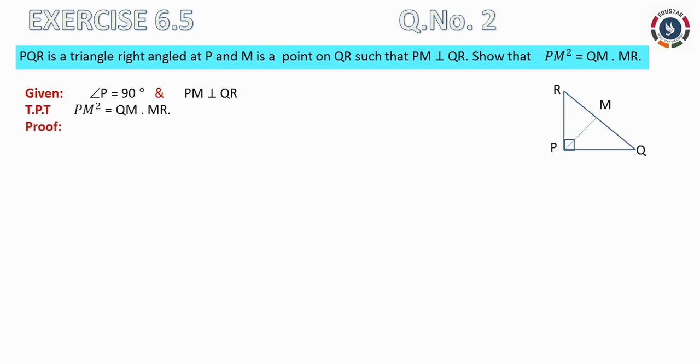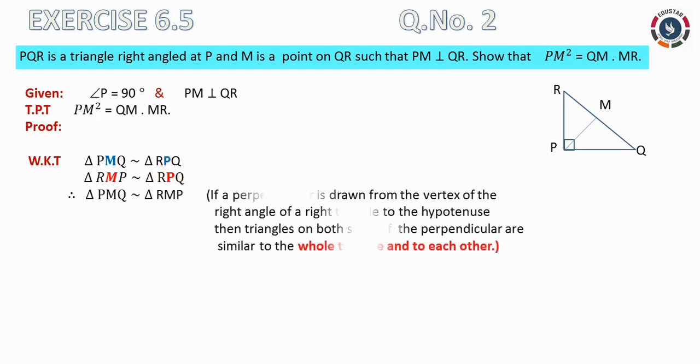Okay. So, what we want to prove, that is given. And proof part, triangle PMQ is similar to triangle RPQ. I did not take it as PQR, I have taken RPQ. Angle P 90 degree, right? That's why. So, angle M compared with angle P, angle Q is the common angle. And second pair, can you say with the RPQ triangle? Try. So, triangle RMP is similar to triangle RPQ. As RPQ same, we can compare triangle PMQ is similar to triangle RMP by the theorem 6.7.